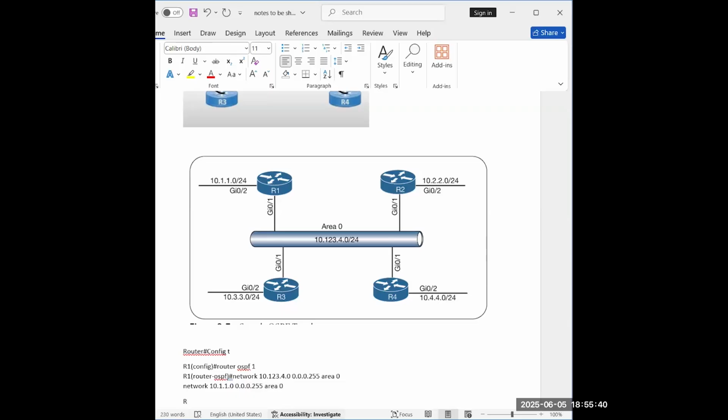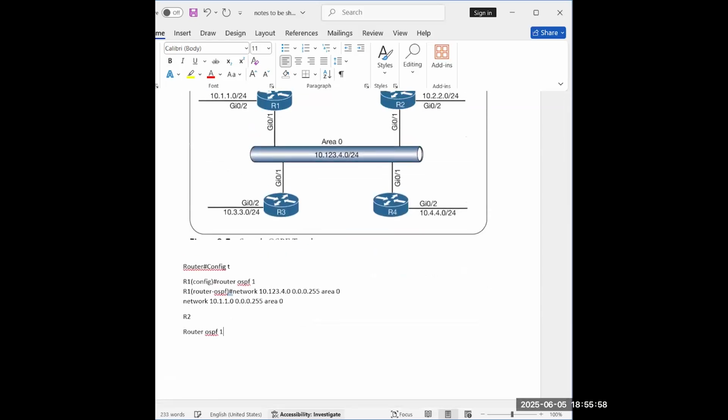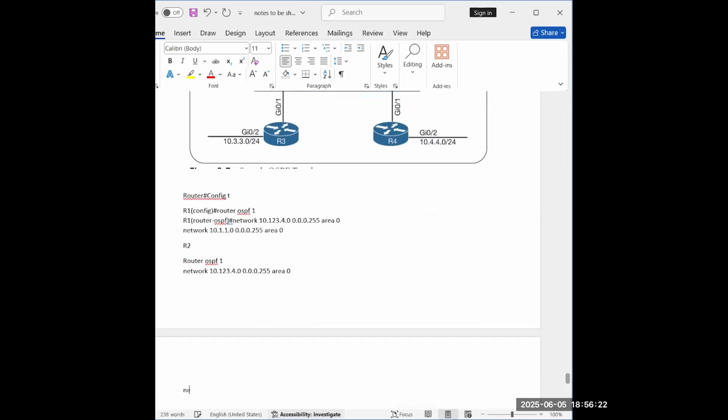For R2, it is a similar configuration, but the network statements will be different. So router OSPF 1, same process. Network 10.123.4.0, 0.0.0.255, area 0. Next, network